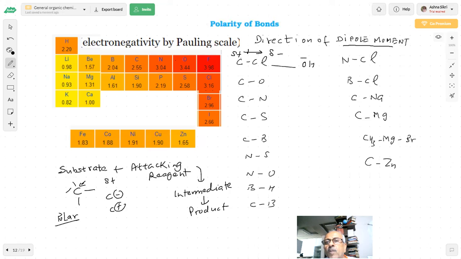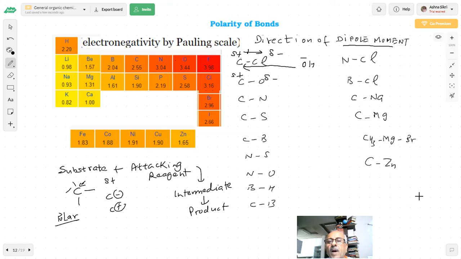So what will it do? It will attack this carbon. Why? It is negative, and the carbon is positive. Right? In carbon and oxygen, oxygen is negative, carbon is positive. How do I know? The electronegativity of oxygen is 3.44, and carbon is 2.55. Note down, that's why I brought these values. Out of this, which is more negative, nitrogen or carbon?